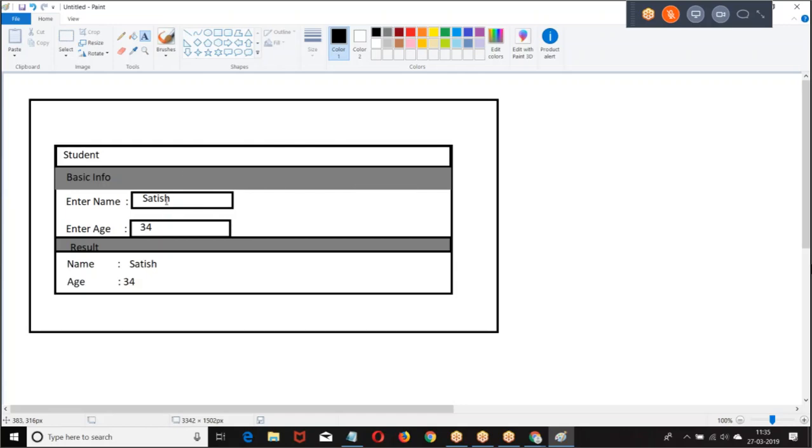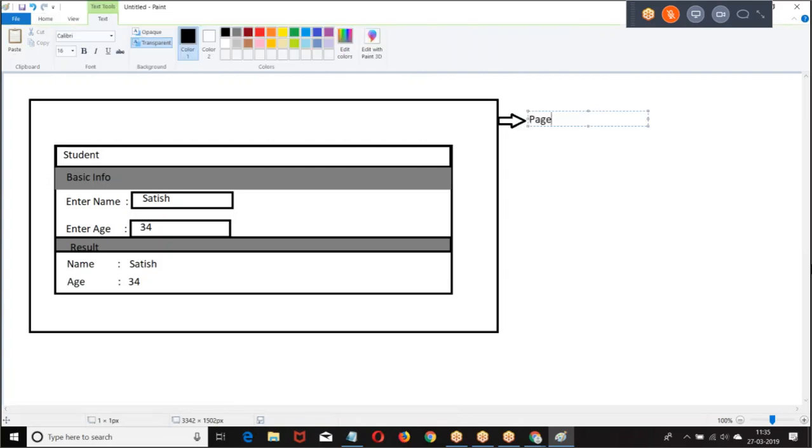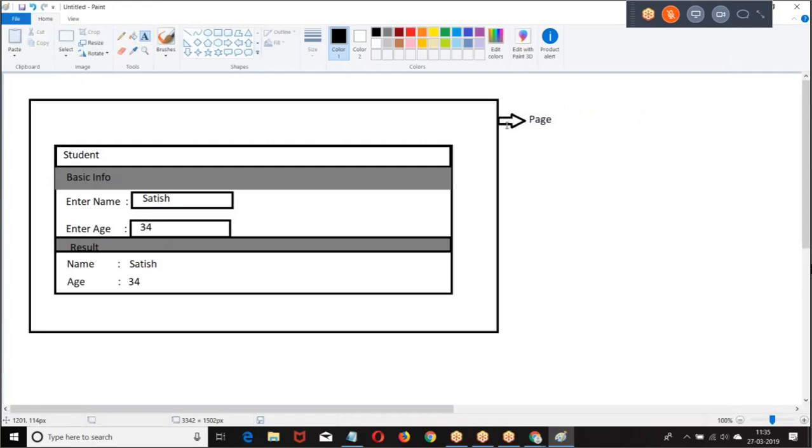When I enter the data, it should automatically be updated at the bottom. How is this possible? Now I have the ID of the page. Then in the page, because I have an input text box, we are supposed to have